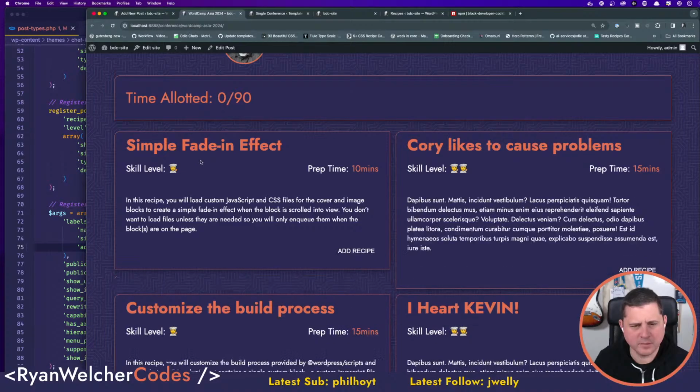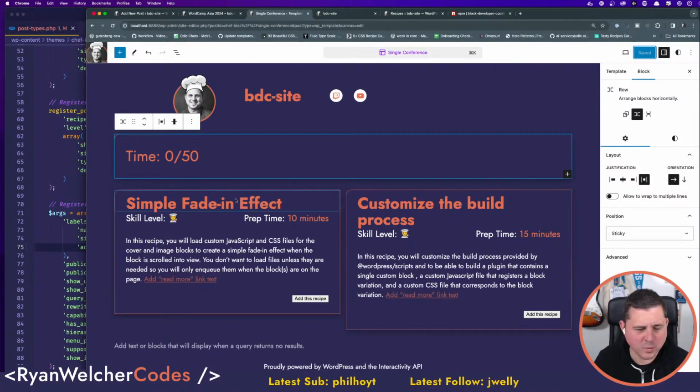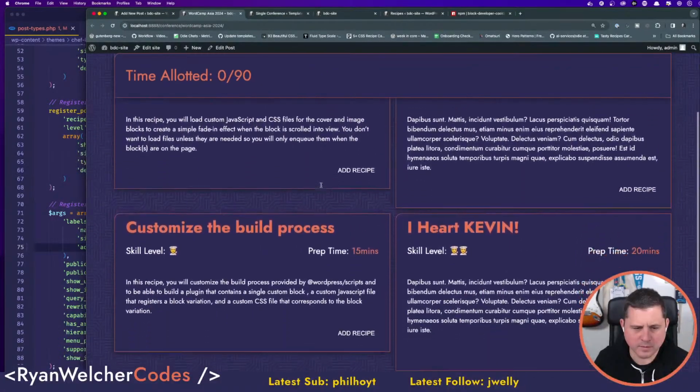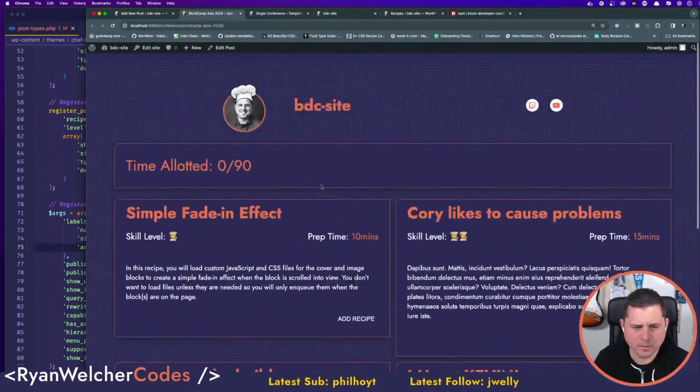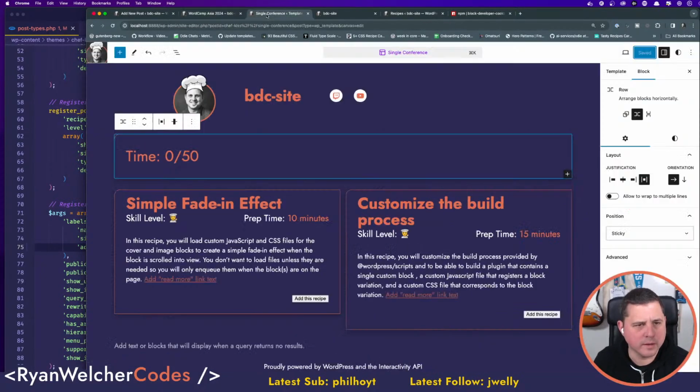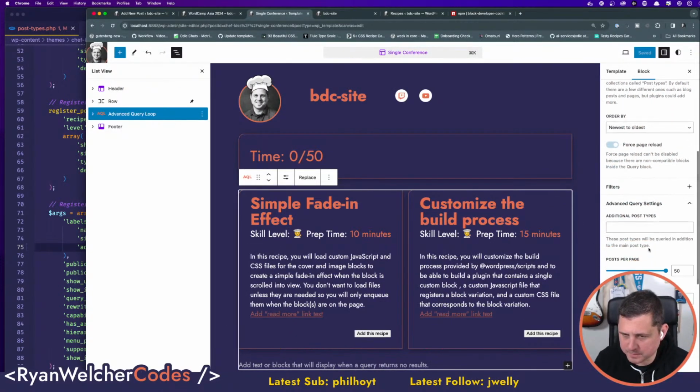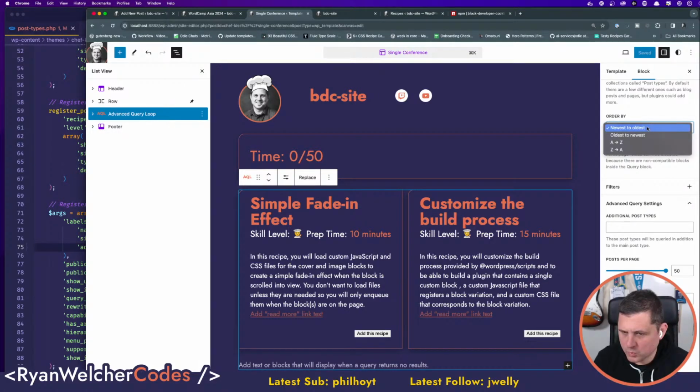You see that? I keep refreshing the page and all of a sudden this is changing. Oh, wait a minute. What's it sorting by? Oh, I know. So in my query loop, I'm actually sorting by, I want to order by.